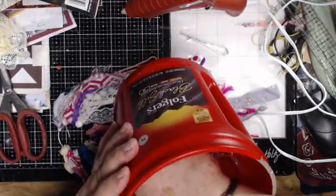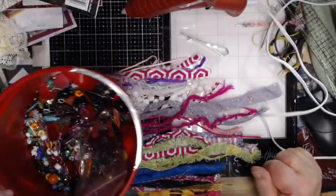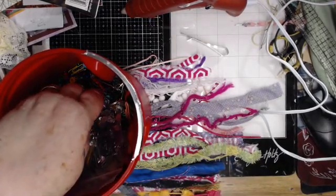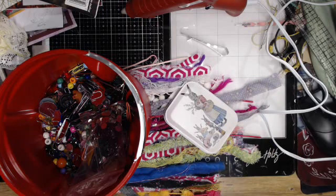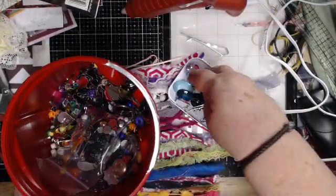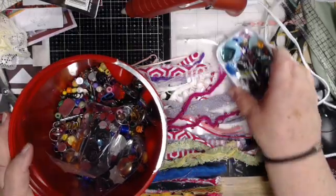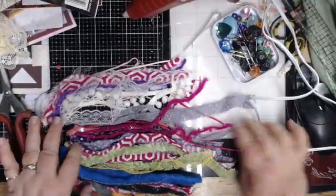I'm going to, let's see, do I have a, no, of course not. Of course I don't have what I think. Oh, here, I can use this. I'll use this lid right here from my clips. So I can just put some things in here to look at. Let me just do this, okay? I'll put that back over here. And now, I want to